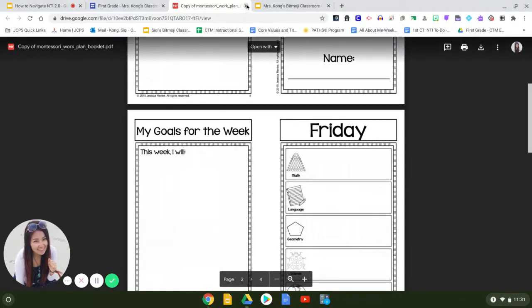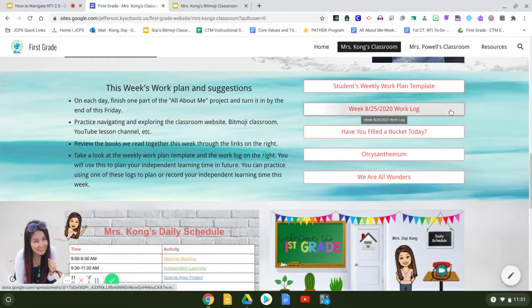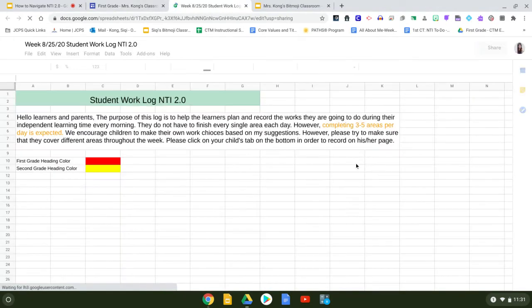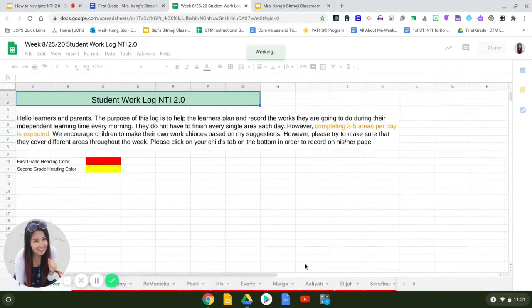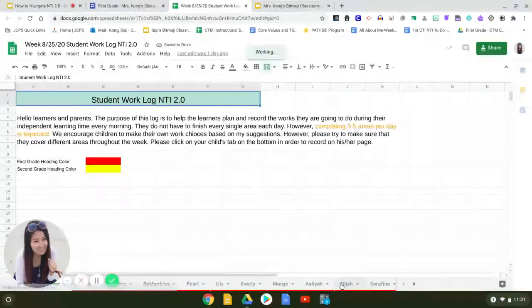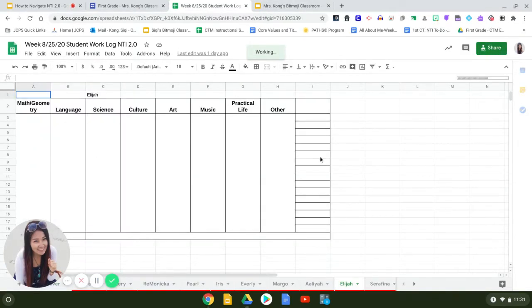And I have another one that's more friendly if you don't have a printer at home. So this one is a student work log online. So I have made tabs on the bottom for each child. If you click on your child, you'll see the name and each area, and you can type in what they did every day here. We suggested them to do 3 to 5 works per day,